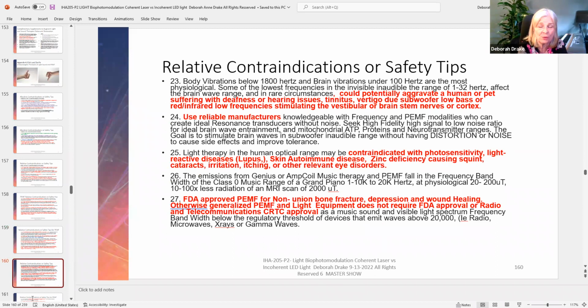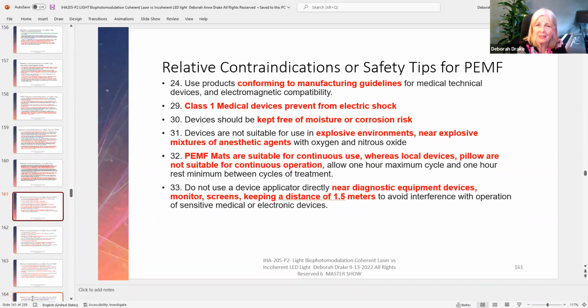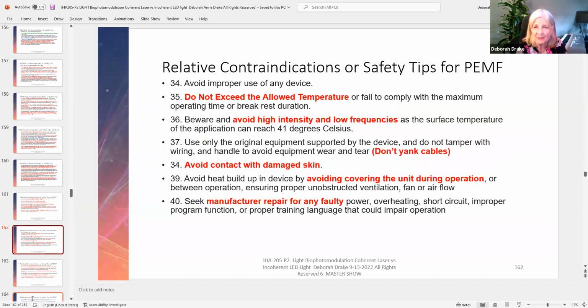Light is going to go in you, but it actually does travel through clothes. Okay, it is a PEMF signature. Don't let anything overheat, and don't yank cables out of things. With the light therapy, we're going to put a very delicate cable in there to recharge it. Don't be pulling on it, dropping it. You don't want to have to replace that.